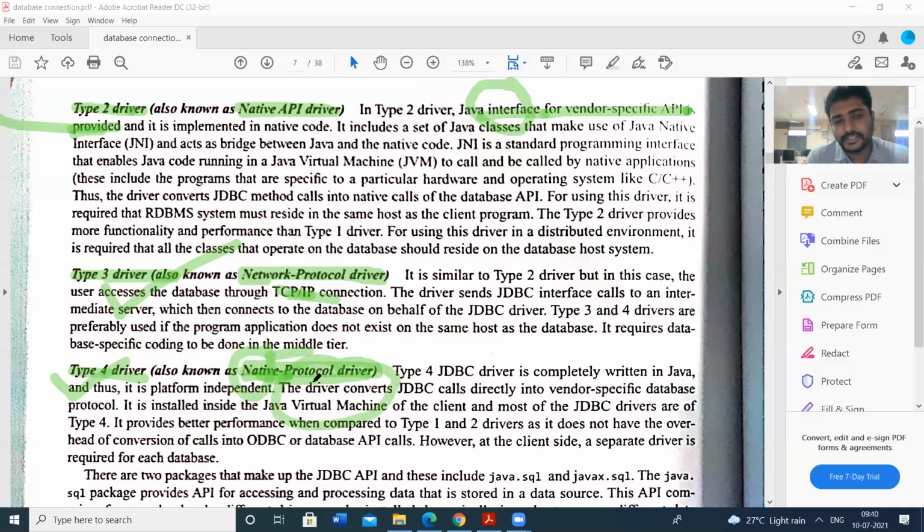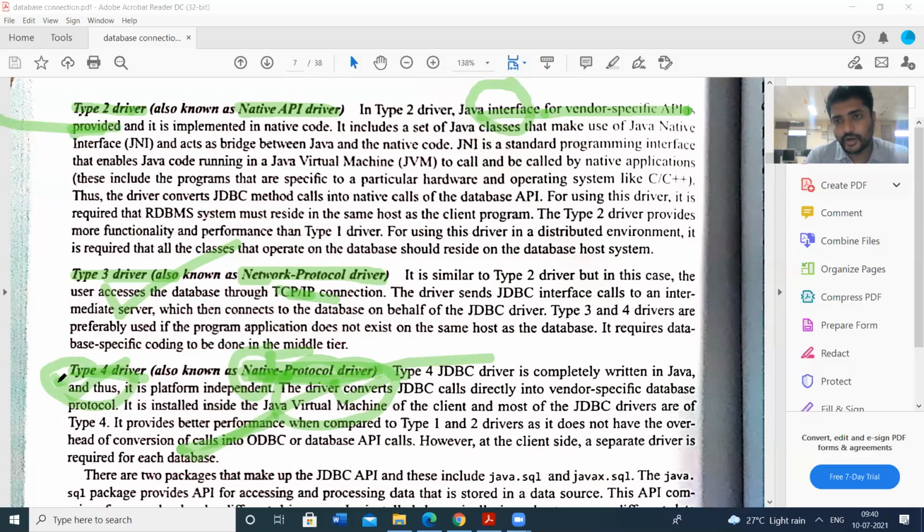Protocol driver means it is a mixture of type 2 and type 3 drivers. It is vendor specific, and for connections it follows the TCP/IP model. That's why it is called the native protocol driver. This is the most widely used JDBC driver. If you want to build a web application, we will use the type 4 driver.